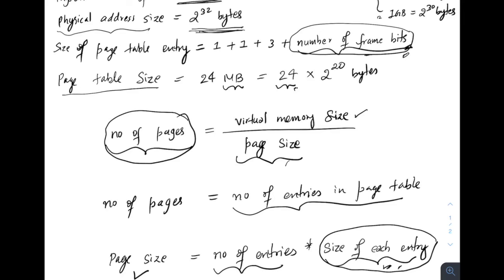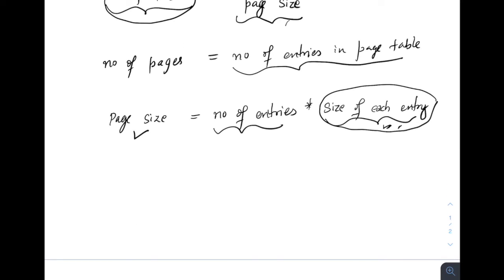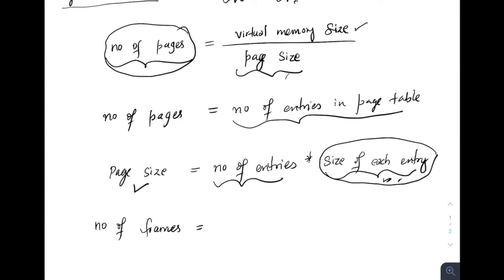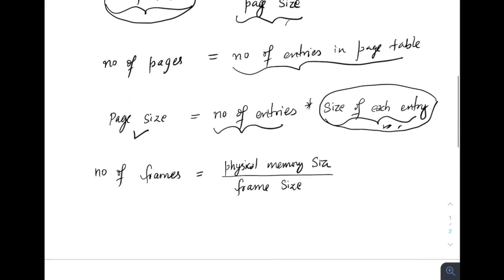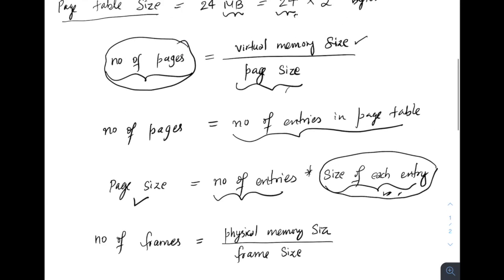For finding the number of frame bits, first our aim should be to find how many frames we have. So let's try to find the number of frames. This is similar to the formula here for the number of pages. Pages are for a process, frames are for main memory. This will be equal to physical memory size by page frame size. But we should know that the frame size is always equal to the page size in an operating system. Both are equal. Therefore, this will be equal to, what is our physical memory size? 2 power 32.